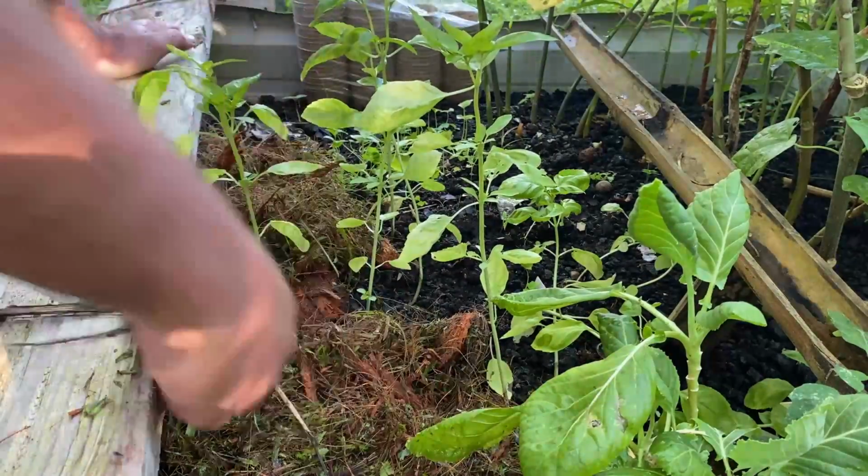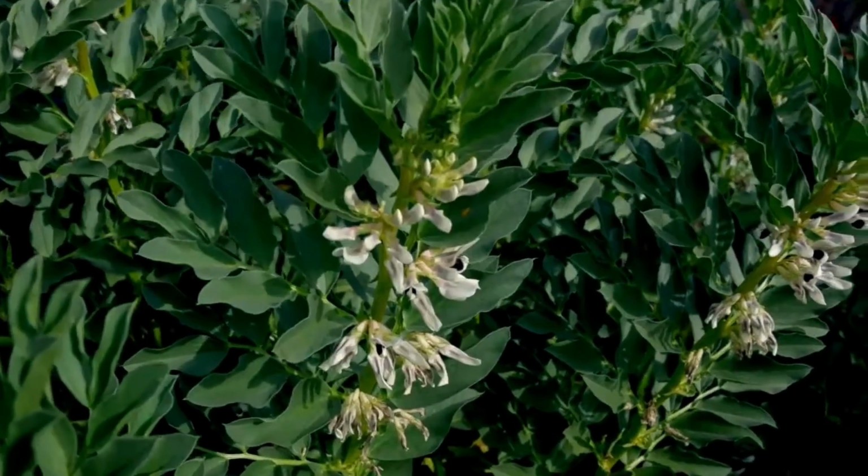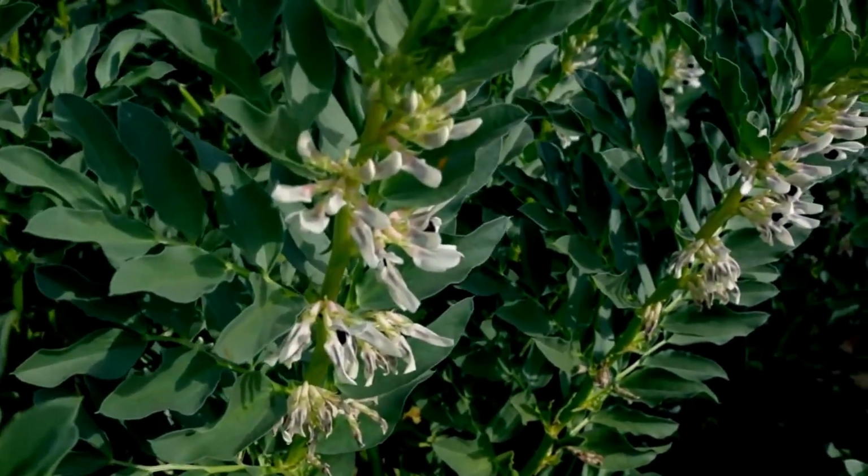winter time. And if you choose not to have a garden this year, think about either at least mulching your soil or perhaps growing a cover crop to hold that soil in place for the winter and to help feed